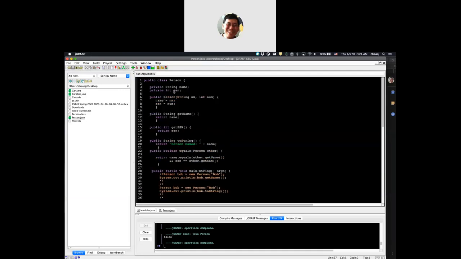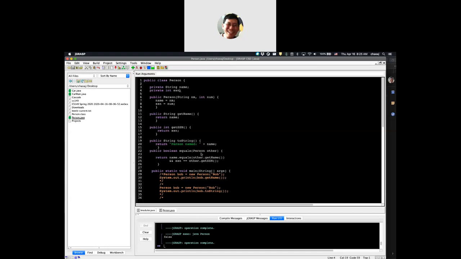So we've added an int SSN in here, and we have our existing name, but we've added this extra field to the person so that we can have uniquely identifiable people by SSN. So in here, when we create a person, we're setting their name to the name, their social security number to this number, and then when we're doing a get name, we're going to return the name, get SSN, return that SSN. We've got the toString where we say person name so-and-so, and then we've got the dot equals